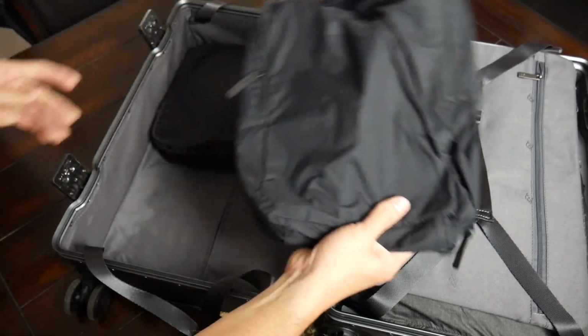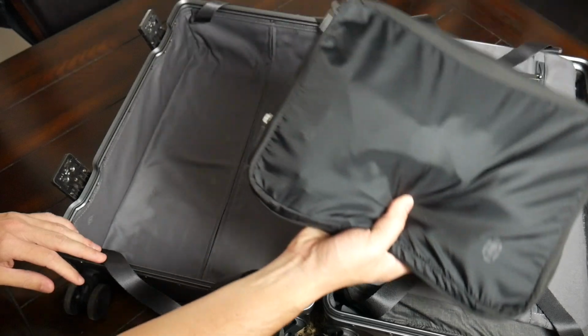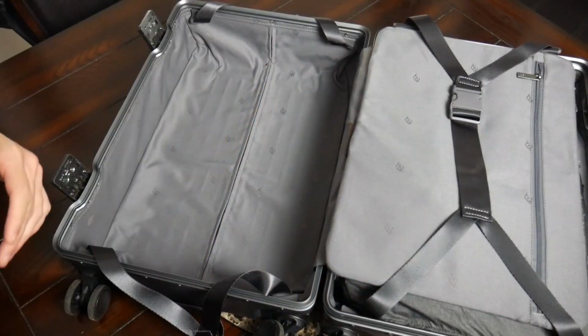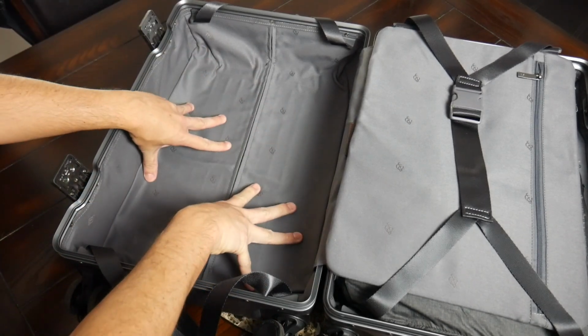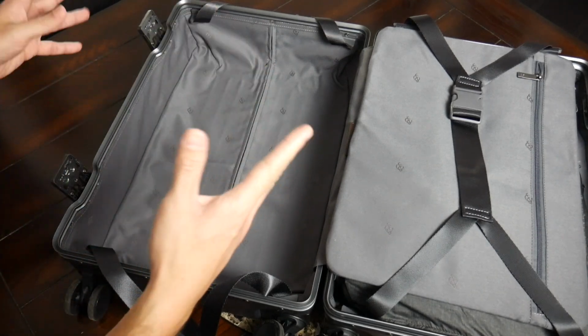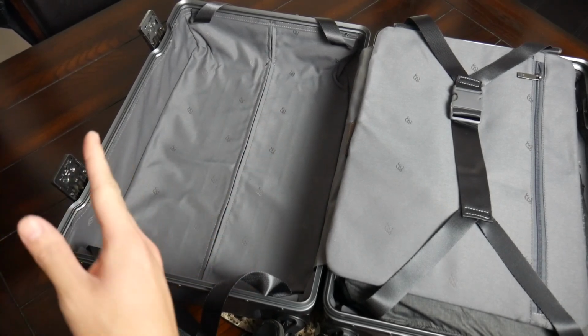I have an additional pair of Toms here just packed in my packing cube, and an extra compressible cube with some additional clothing, again, that I might not have room for if I'm just using a smaller one bag travel option. Really simple layout here, which I think is great. It just allows you to maximize how much you can store. You have full usage of the volume here, and it's gonna work very, very